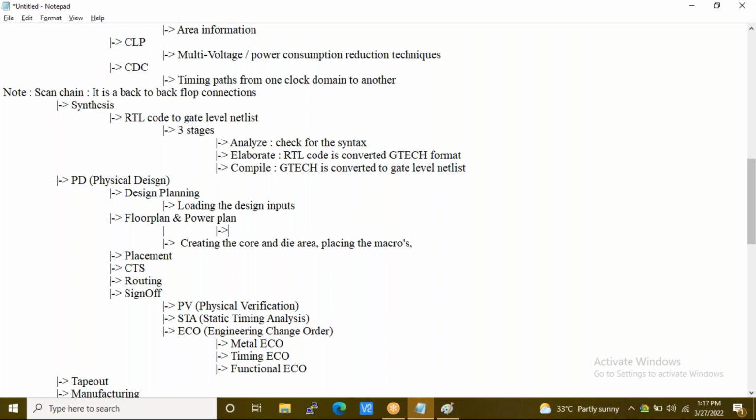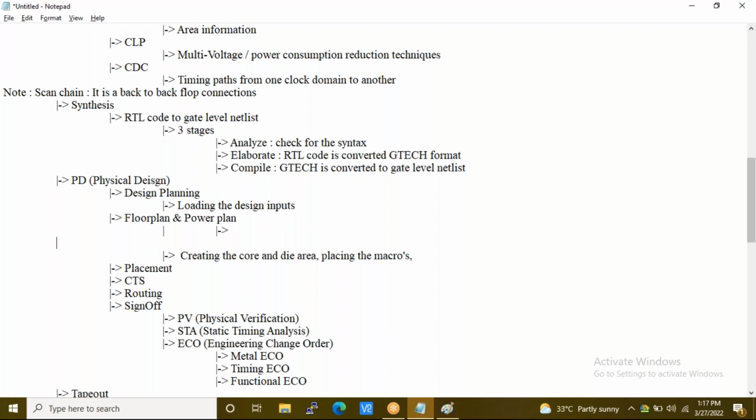Next is power planning. In power planning, you will majorly focus on distributing the power with less IR drop. Next is the placement stage.